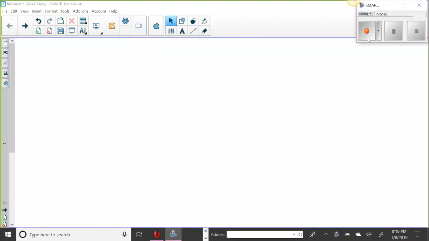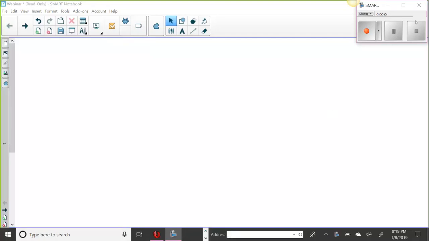All you're doing is, if you notice right here, there's a little Smart Recorder icon. All I have to do is click that and then press start, okay? It records my voice and whatever's happening on the screen, whether I have my calculator software open or something up in Smart Notebook. I use a Lenovo ThinkPad that has a built-in stylus. It has worked really well for annotating. I find that it writes beautifully, so that's personally what I use.